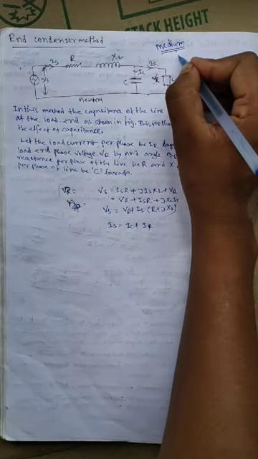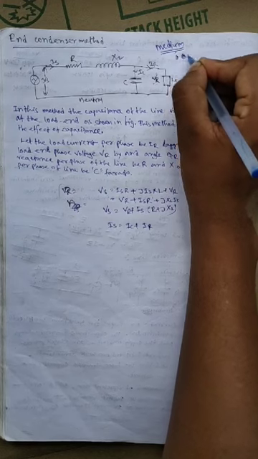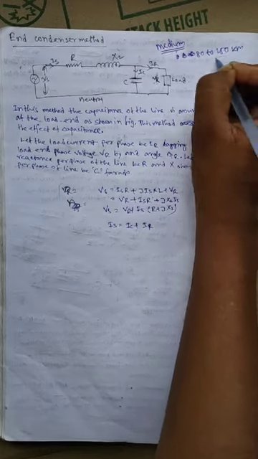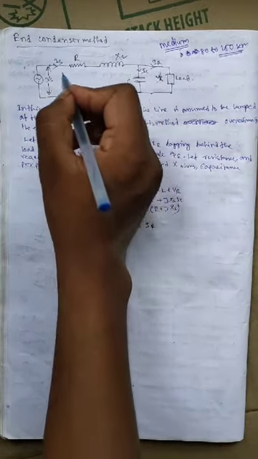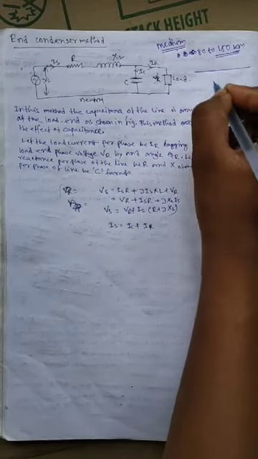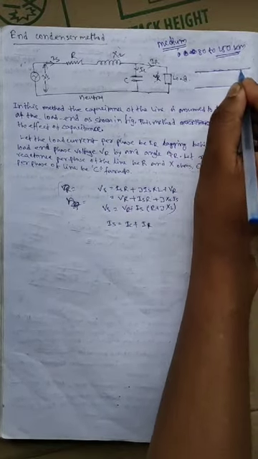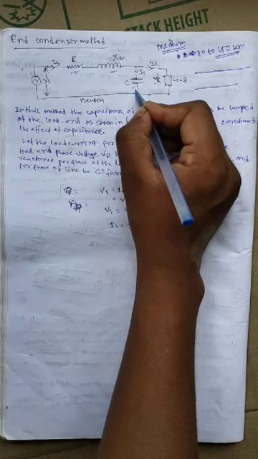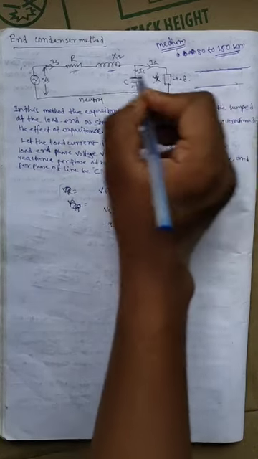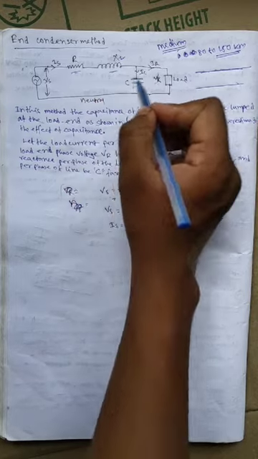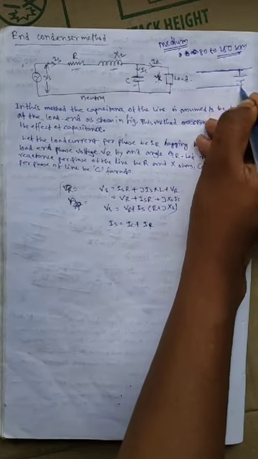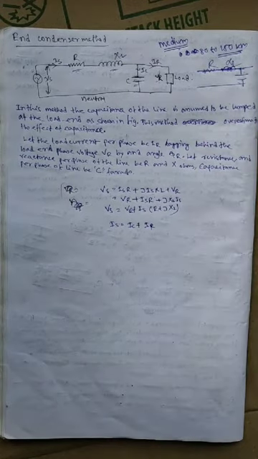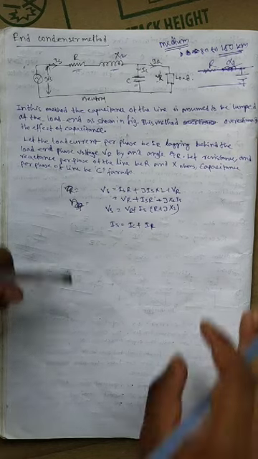That means its length is about 80 to 150 kilometer. Every part of this 80 to 150 kilometer, that means every point of view, we also consider resistance, inductive reactance and capacitance. And we just show it as a single part, that means lump capacitance, lump resistance, lump inductance. We consider the lump unit.